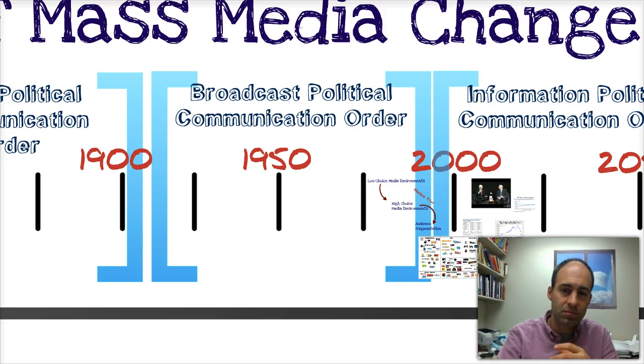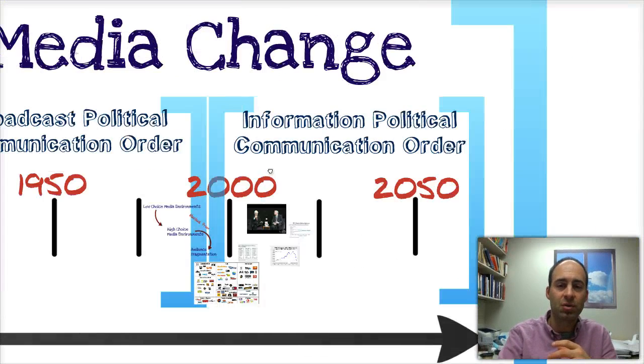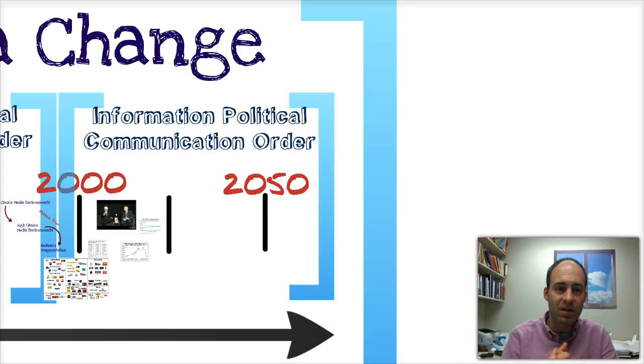And finally, we have the information political communication order that we are experiencing today. Starting in roughly the 1990s, this information political communication order is really developed with the advent of the internet. It's not called the Internet Political Communication Order because the reality is that it's all about the incredible growth of information that is available in this current era. It was ushered in by the internet, but it's really all about the instant, unlimited information that is available, this information abundance that we've already talked about, and the incredible interactivity that's associated with web-based tools, web-based information, web-based interaction.